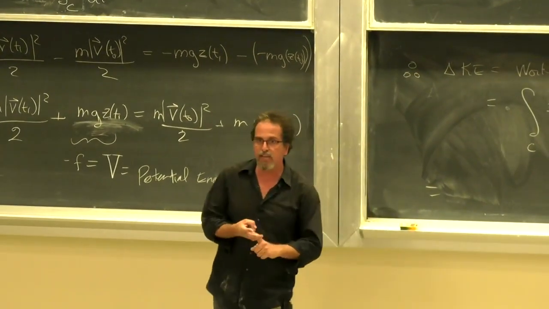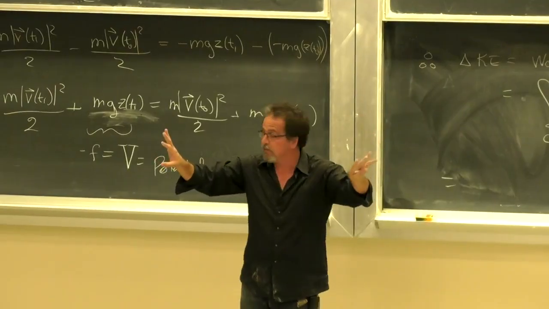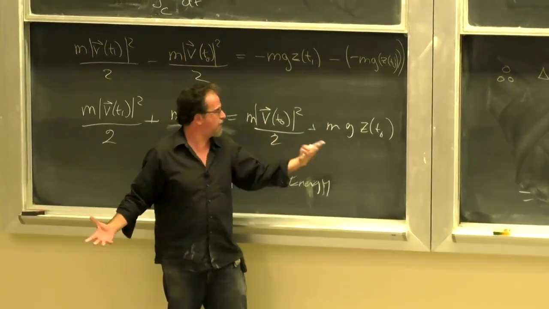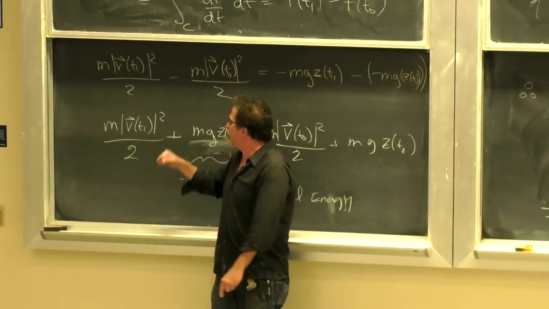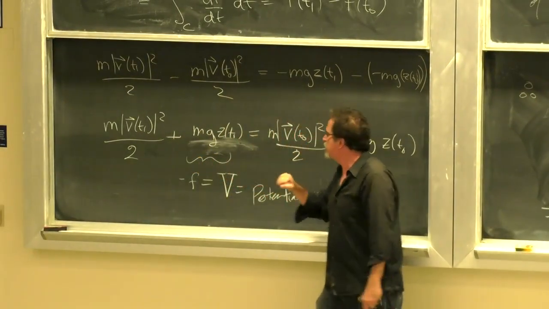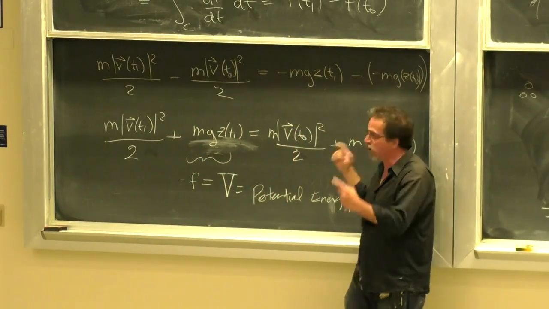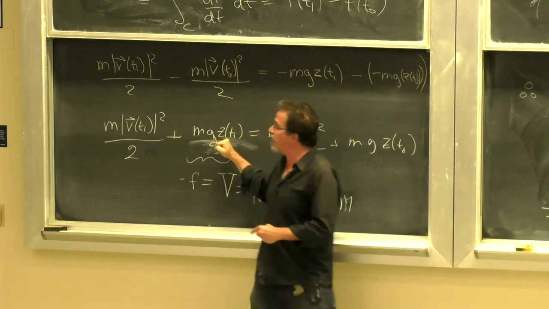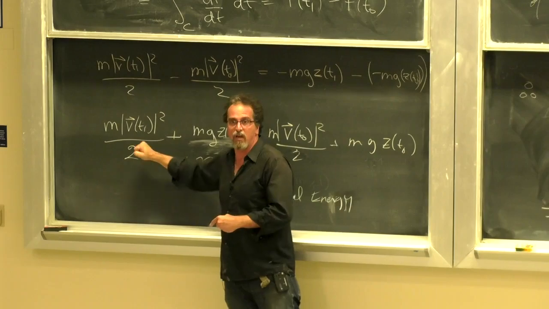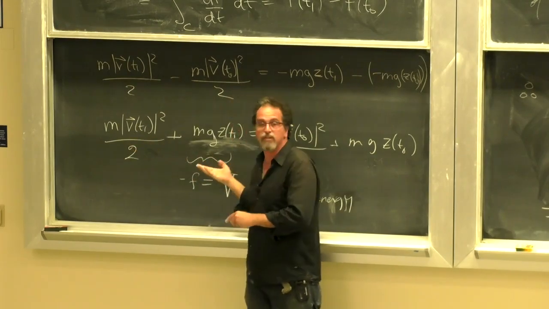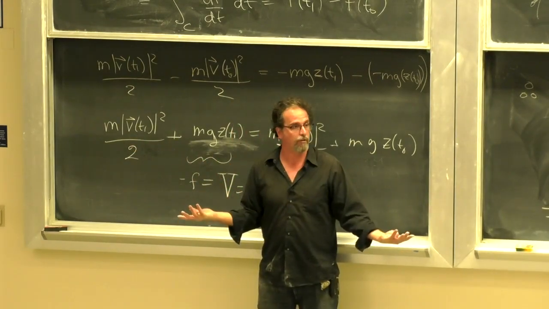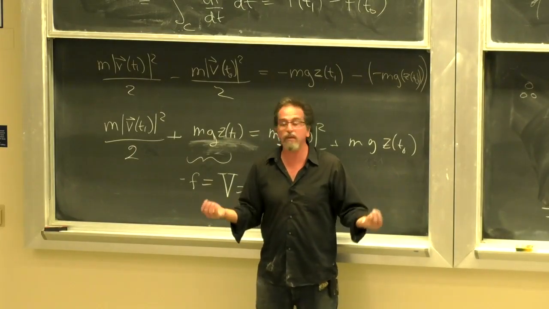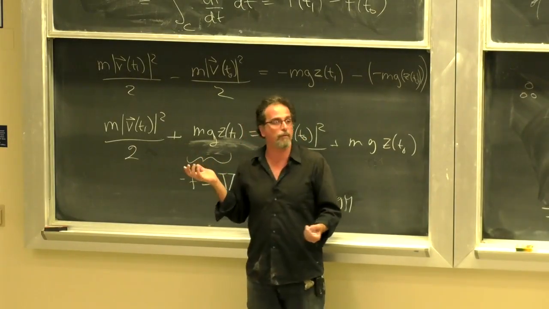When you put it into the energy equation and rearrange, you can put all your end times on one side and all your beginning times on the other side, and it says this: the sum of this quantity plus this quantity is equal to the sum of this quantity plus this quantity, or whatever you had at the beginning is what you have at any other time. This combination is conserved. It is conserved for all time. And so we give this combination a name. This combination was called